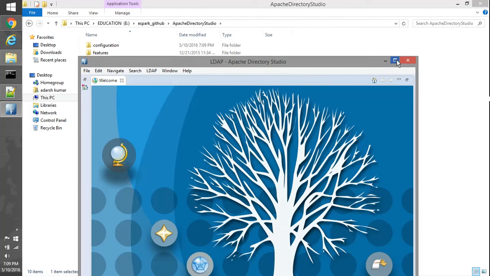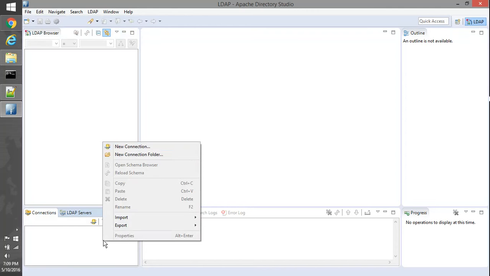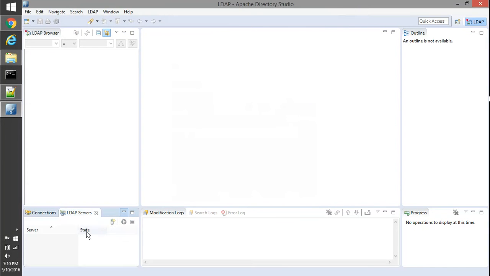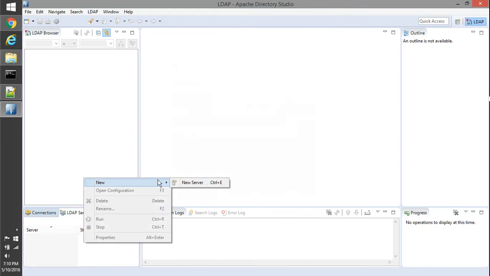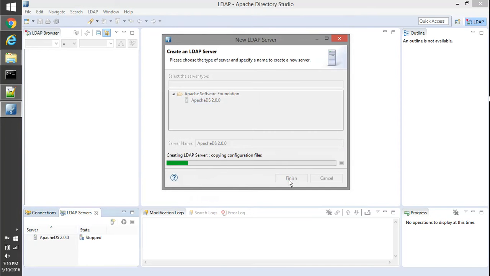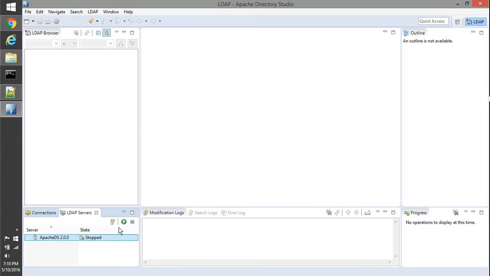It will come up like this. We need to create a new connection to localhost, but before that we need to add the server here. So we'll say new server, Apache Directory Server, and it will be in the stopped condition.